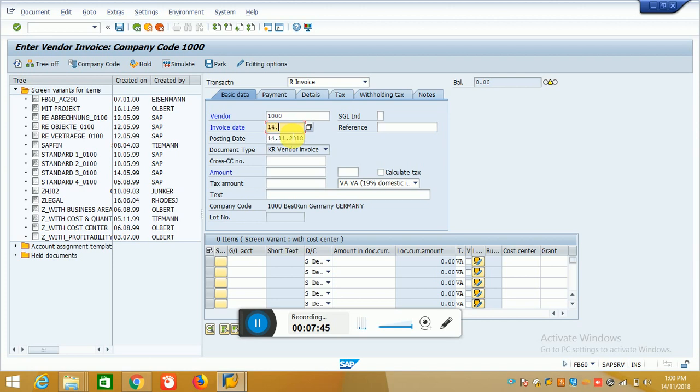So in the upper section we have provided the statement for our vendor, and in the lower part we are providing the purchase detail. So we are linking the vendor with the purchase GL.